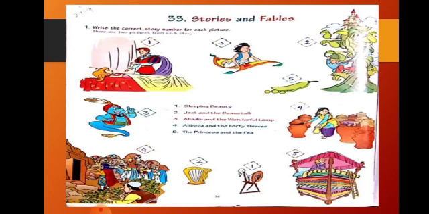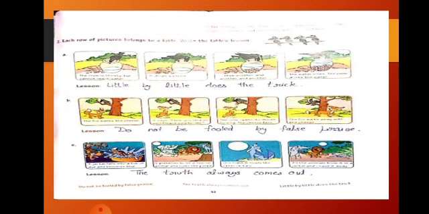It's a very interesting story and you can go through it on the net also. Now next one, you can see a magical lamp over there and a genie is coming outside. Dear children, it relates to the story Aladdin and the Wonderful Lamp. Mark there 3. Now turn to the next page, page number 53. Here each row of pictures belongs to a fable and you have to write the fable's lesson.